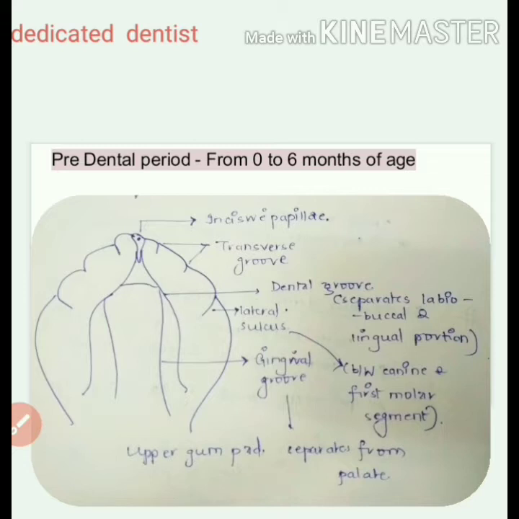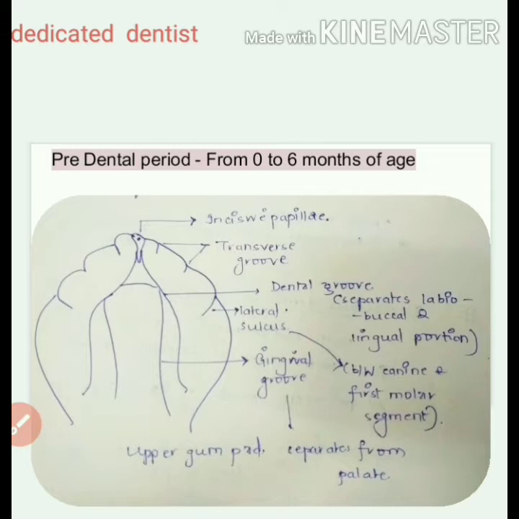Now, an infant is called the neonate in medical context during the first month of age. Hence, there's this term neonatal teeth, that is the mandibular incisor teeth that are seen in the gum pads during the first month of age. And natal teeth, these are seen at the time of birth. So, these were the terms neonate and infant. And we call it infant in the first year of age.